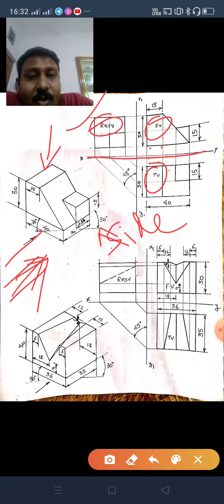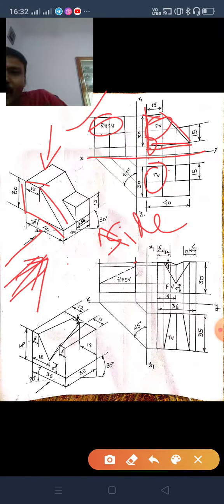Make it slightly above the XY line, slightly below the XY line, and draw the diagram. So now take this point. From this point, draw a vertical line 30 mm and a horizontal line 40. See, this is 40, this is 30. Okay, you have drawn this line. This is 15, this is 15. This is joined, so you have to join this also. This box you have prepared, and if you are looking from here, you will see this object also slightly.